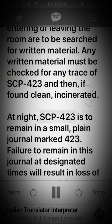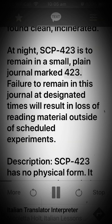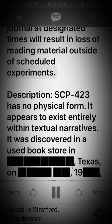At night, SCP-423 is to remain in a small, plain journal marked 423. Failure to remain in this journal at designated times will result in loss of reading material outside of scheduled experiments. Description: